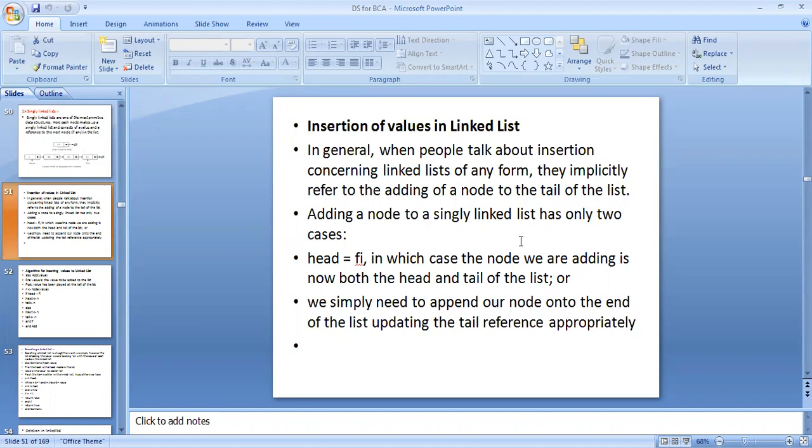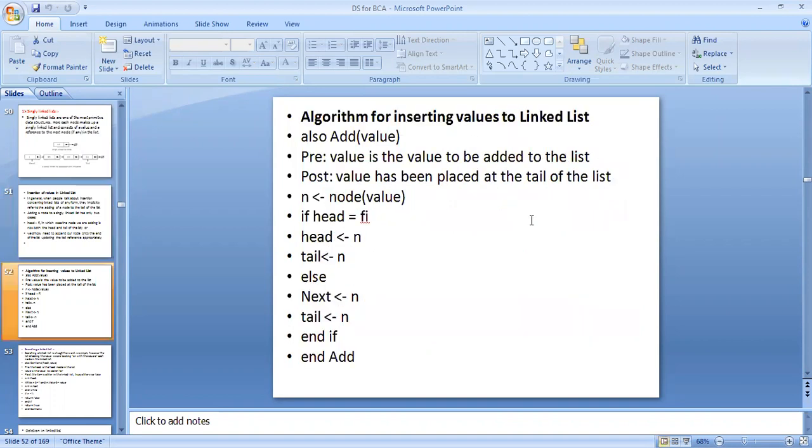First is the head is equal to null, in which case the node we are adding is now both the head and tail of the list, or we simply need to append our node onto the end of the list, updating the tail reference appropriately.